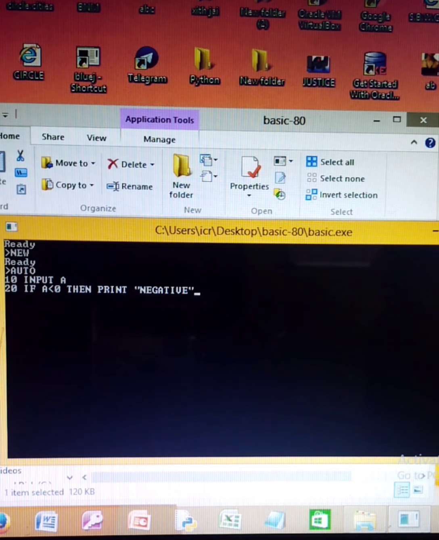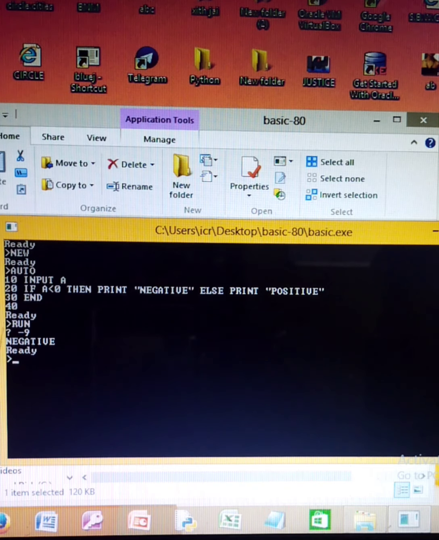Whenever you want to write big messages, you have to put them in inverted commas. Else print "positive", END. Now if I run this program and it's asking me a number, I am giving here -9, it is going to give me the answer as negative, right?